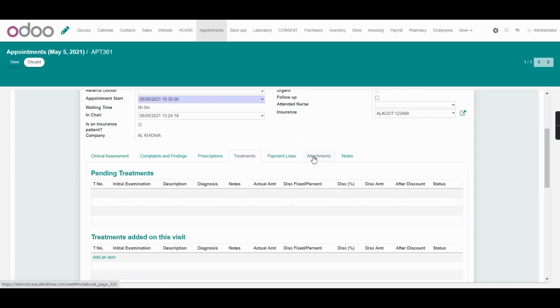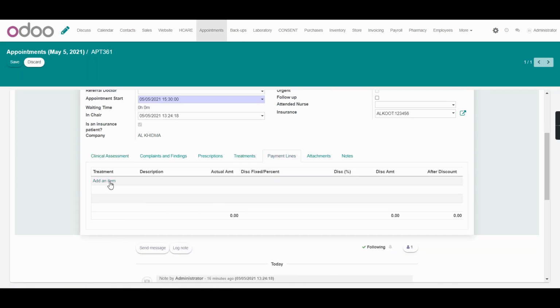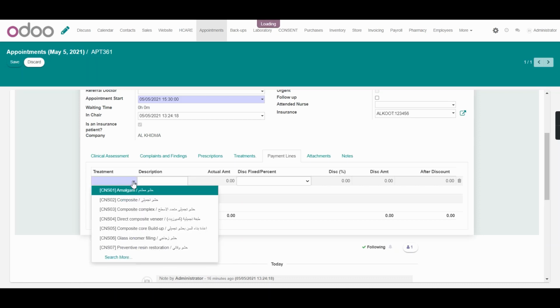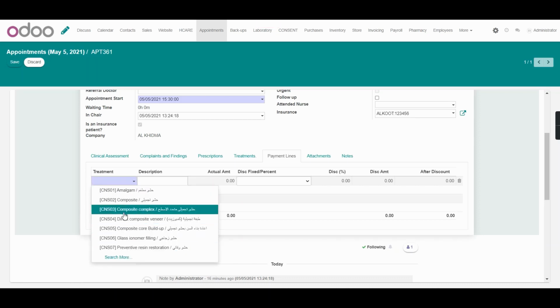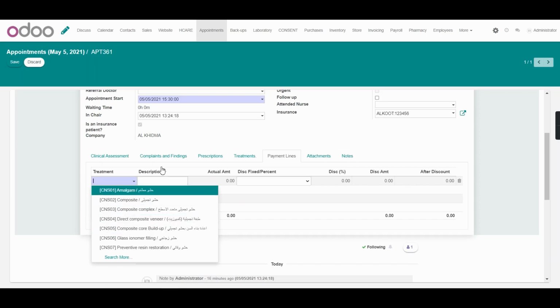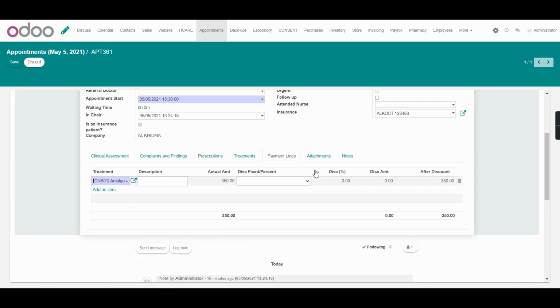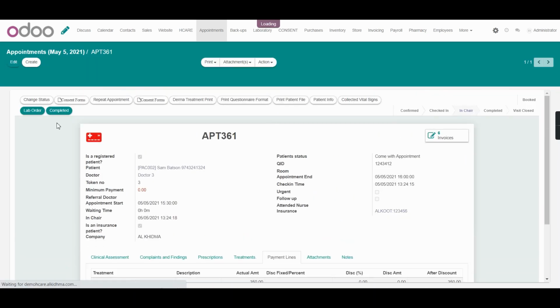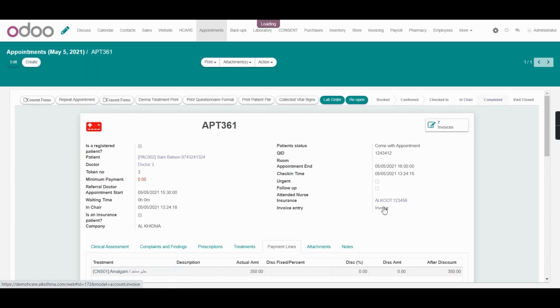Then you can see on the payment lines that the treatments that are available for this particular patient are all based on the selected insurance company. So only the treatments covered by this insurance company will be available in this list. After marking completed on this appointment, you can see that an invoice will be generated